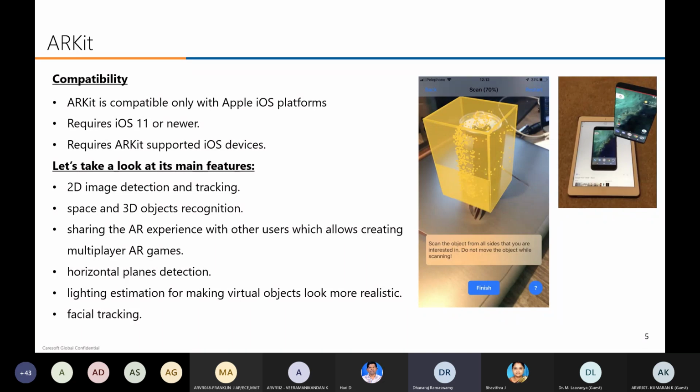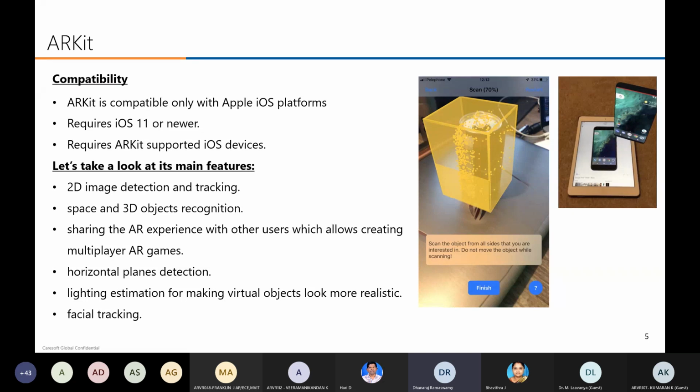So what is the difference between Vuforia and ARKit? Vuforia supports Android and iOS, but ARKit supports only iOS. But it will be faster than Vuforia if you are using it on an iPhone, because it's developed by Apple. The interaction will be fast, because both the device and the SDK come under the same company, so the compatibility will be high. So I strongly recommend ARKit for iPhone.